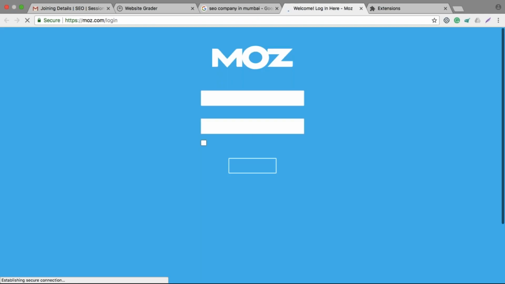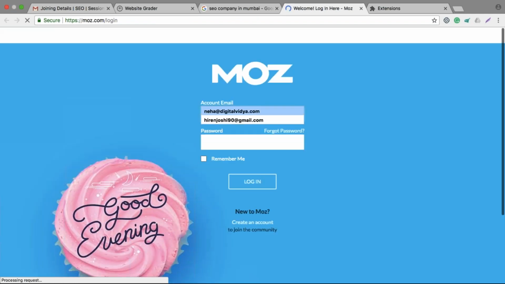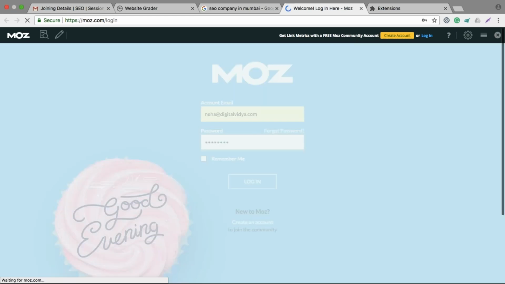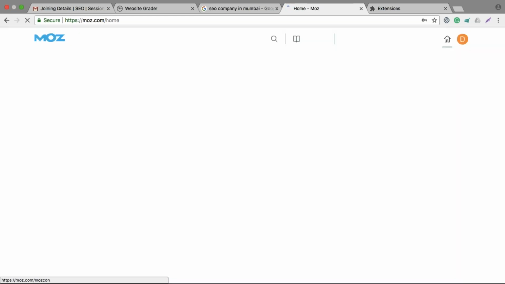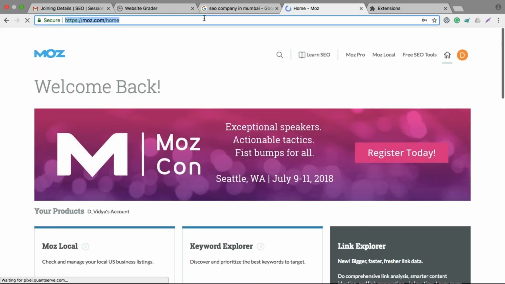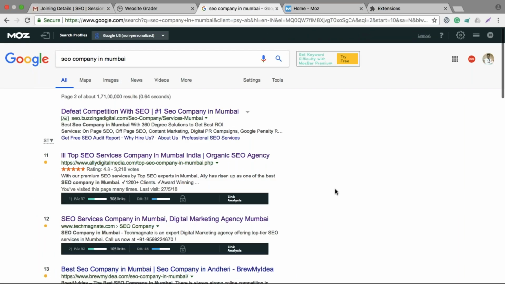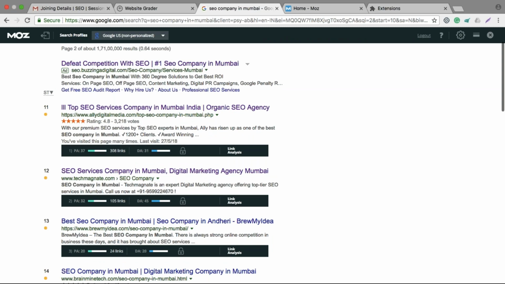But this Chrome extension will help you understand the domain authority and page authority right below the website results. There you go. Can you see this? This website has a page authority of 37 and domain authority of 31. This website has a page authority of 32 and domain authority of 45.